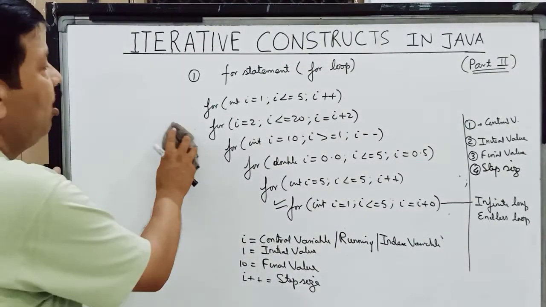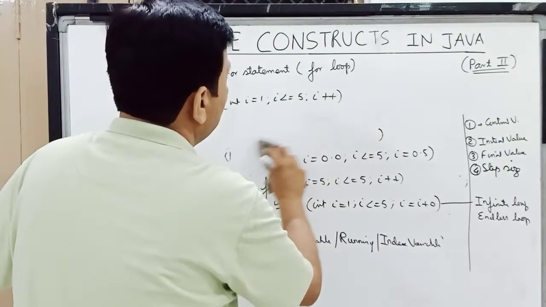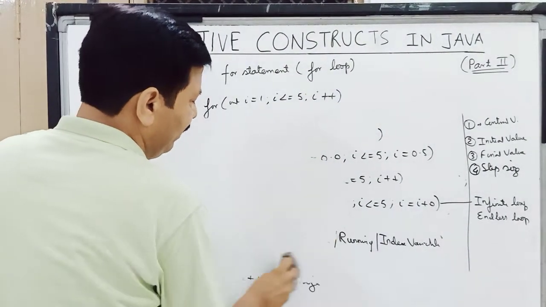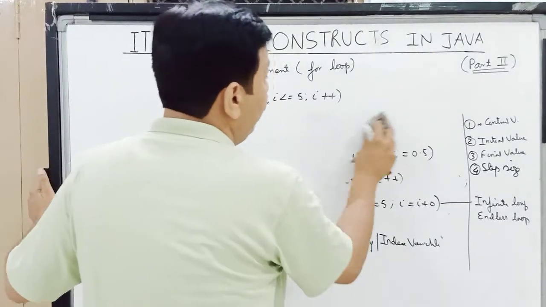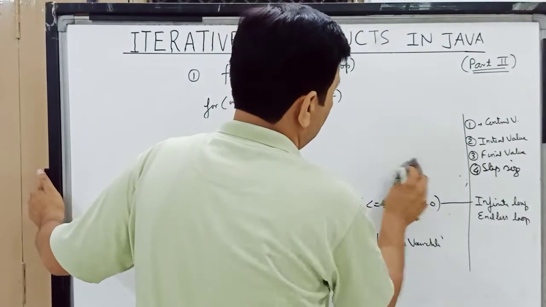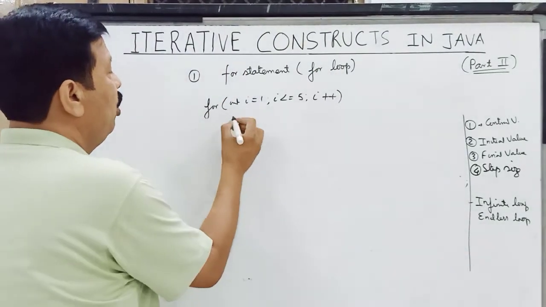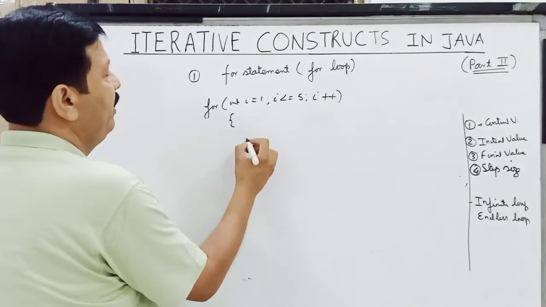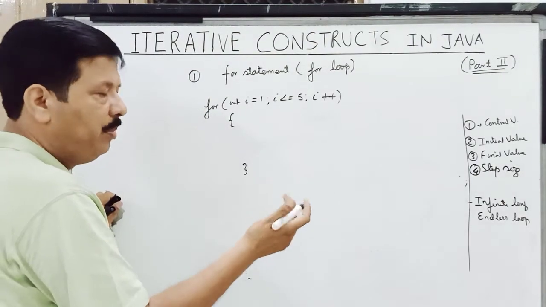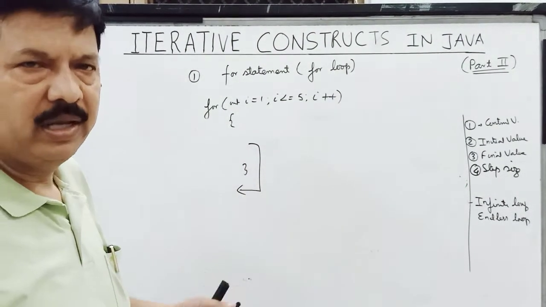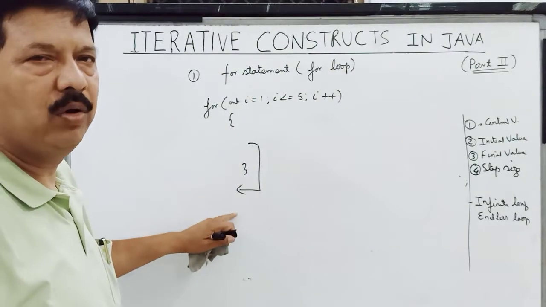Then there is one more point children I want to tell you, that if you have made a loop, then you can move out of the loop also. So jumping from the loop can also be done. So if this is the loop, here is the body, at any moment of time you can come out of the loop. We have a statement called break which helps you to come out of the loop.